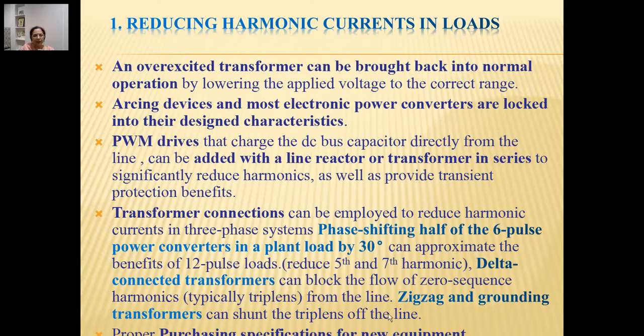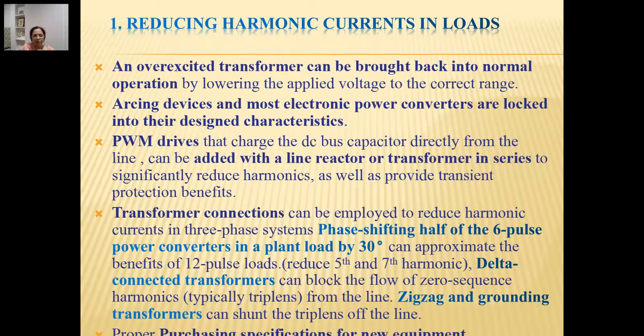Similarly, delta connected transformers can block the flow of zero sequence harmonics, which we call triplens, from the line. Zigzag and grounding transformers can shunt the triplens off the line, and so we can avoid the generation of harmonics, or reduce the harmonic content, by these various ways.